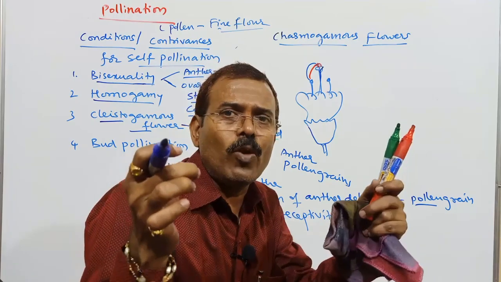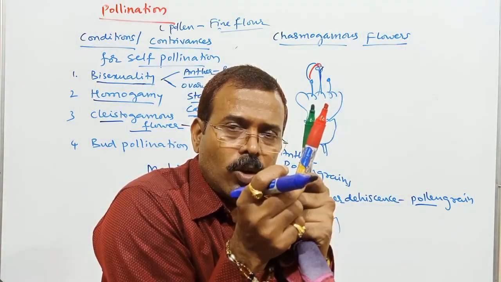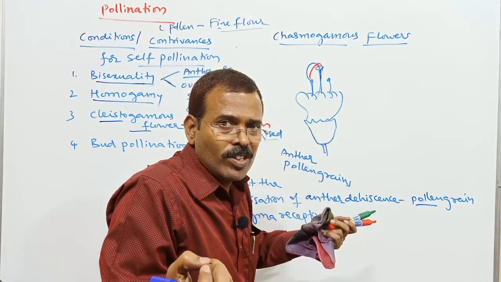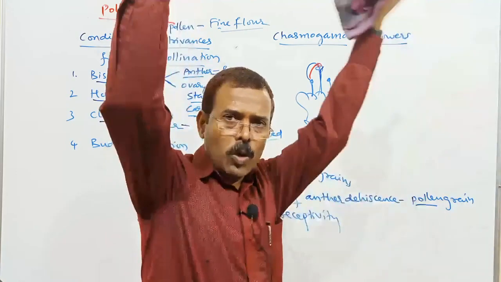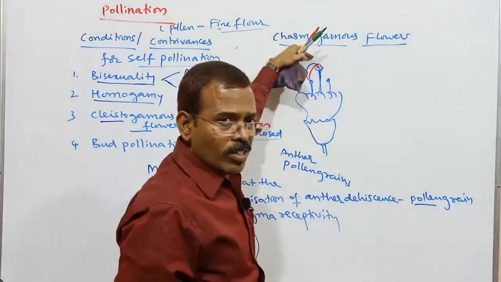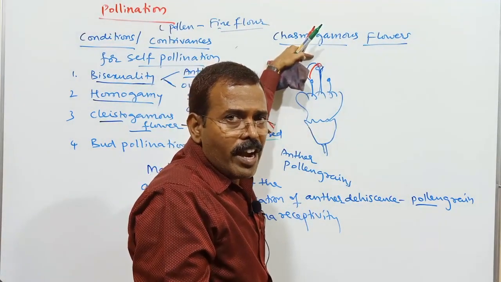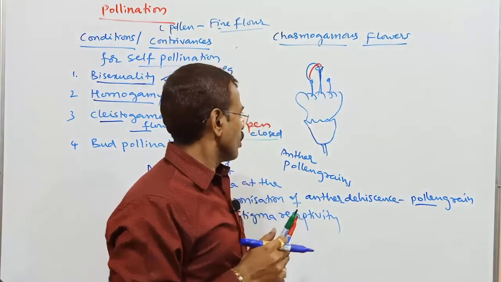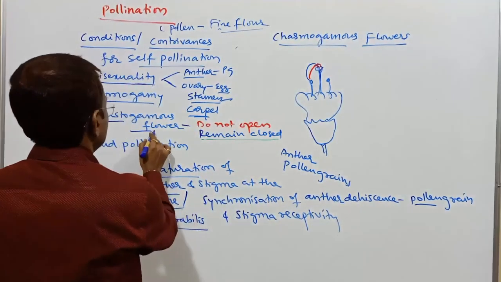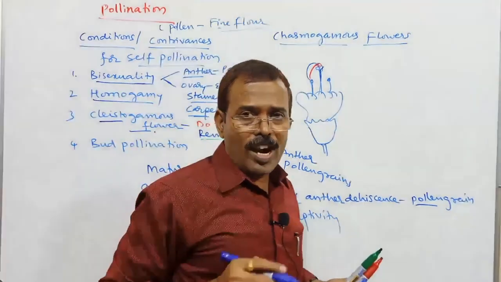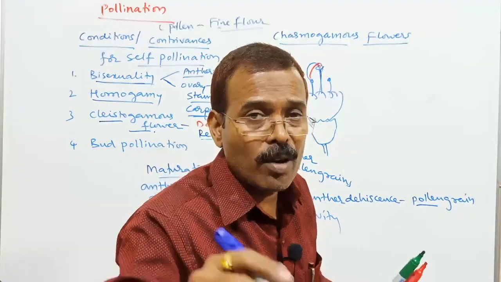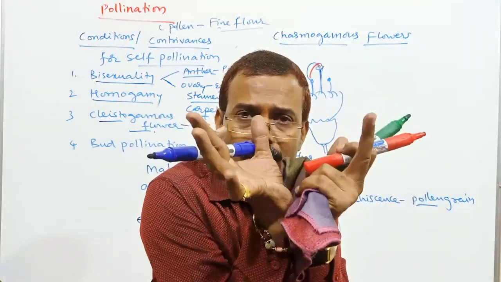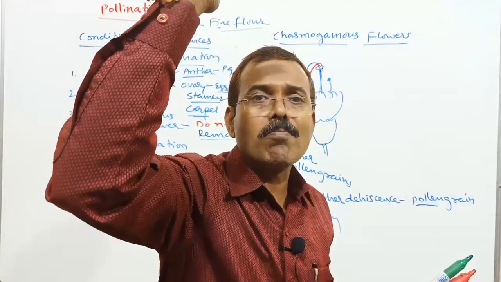And the distance between the anther and stigma is very close to each other. When the anther matures, it dehisces. That dehiscence force, which is responsible for the bursting open of the pollen grains, can make at least a single pollen grain reach the stigma, resulting in pollination. So some of the plants produce clistogamous flowers in addition to chasmogamous flowers. I told you chasmogamous flowers are open flowers. They bloom, they open, they remain on the aerial parts of the plant.